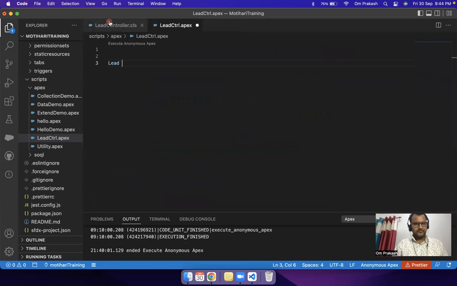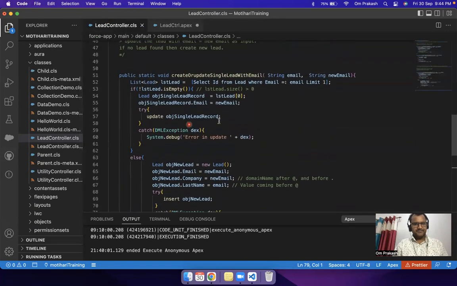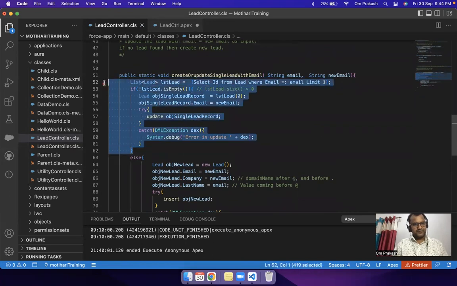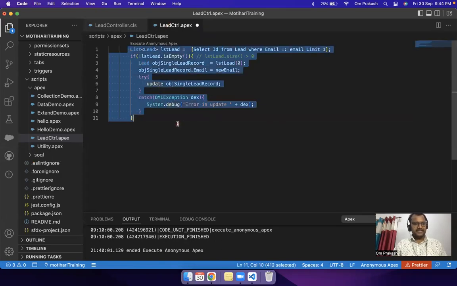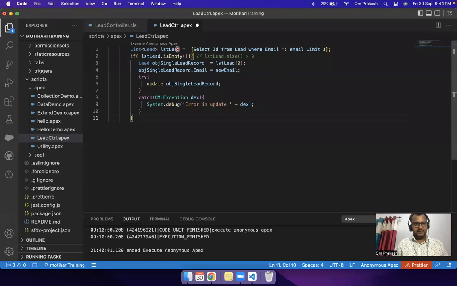Lead. Suppose we have this logic. This is our existing logic. Let me copy. Let me go here and insert, update, delete. I'm going to talk about upsert. Say, leave this logic. Just take only one record, any one record from database. Okay. Then I'm going to update description equal to I have updated from Apex